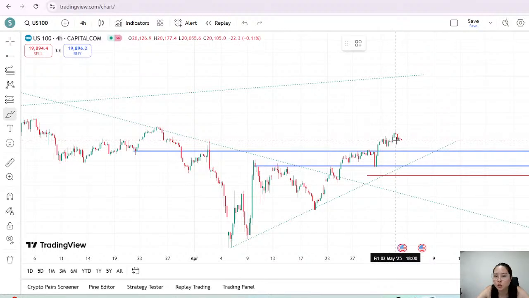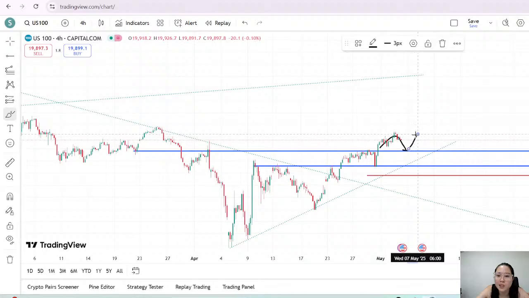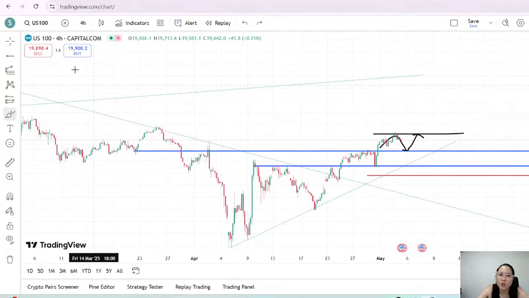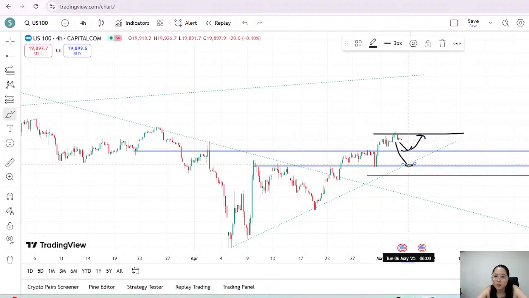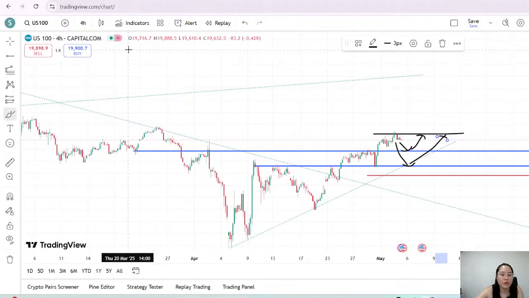very US news driven. So there is one here where you can wait for price to pull back and then maybe get in on a very short trade to here, with the stop loss somewhere here. Otherwise, because I'm being very conservative, I would not get in on US anything unless price is at a very, very good price. So this is one possible setup. Another possible setup is it pulls back to here and then it continues from here, and my stop loss is here. Okay, so that's all I have for you guys for today.